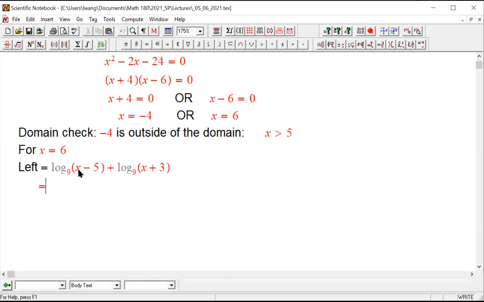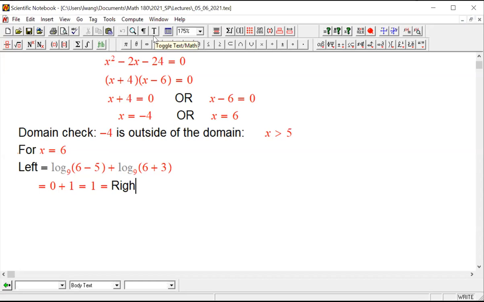X is 6. So 6 is in place, right? Log base 9 of 1, that's 0, plus 1, that equals 1. That equals to